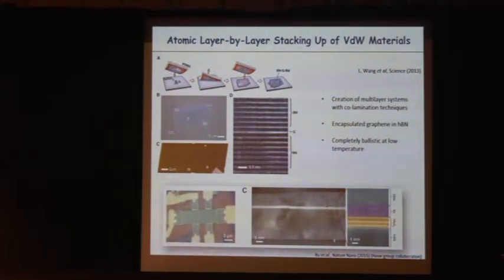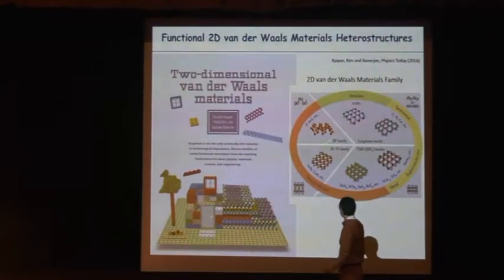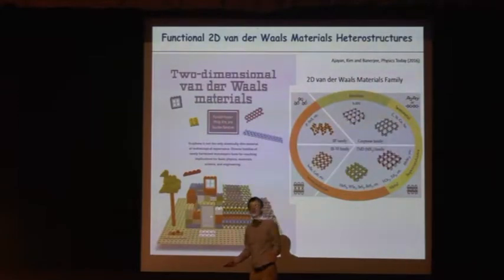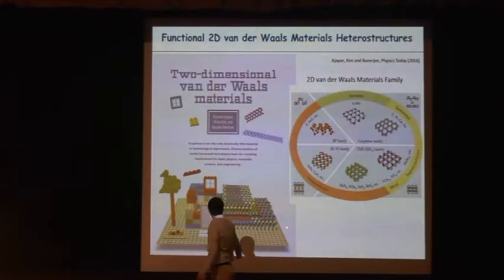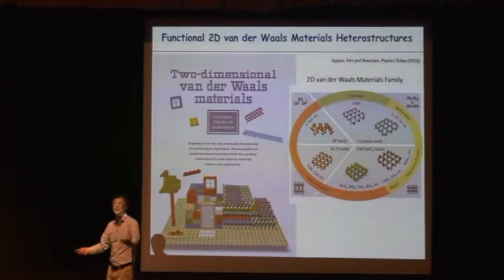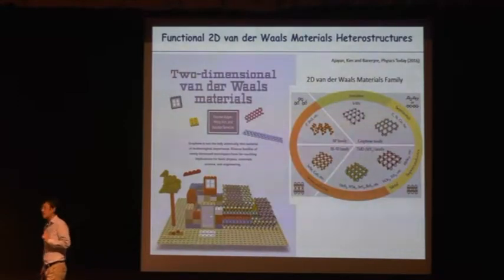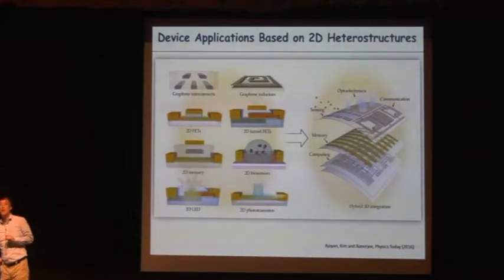In a very similar way, we can make this system layer by layer. But the big difference here is that each individual atomic layer can have different functionalities. Why is this more exciting? Part of the excitement comes from the fact that all these ingredients can have different electronic properties, and yet you can stack them together to make these quasi-three-dimensional structures with different types of functionalities. And in terms of application, we can gain a lot